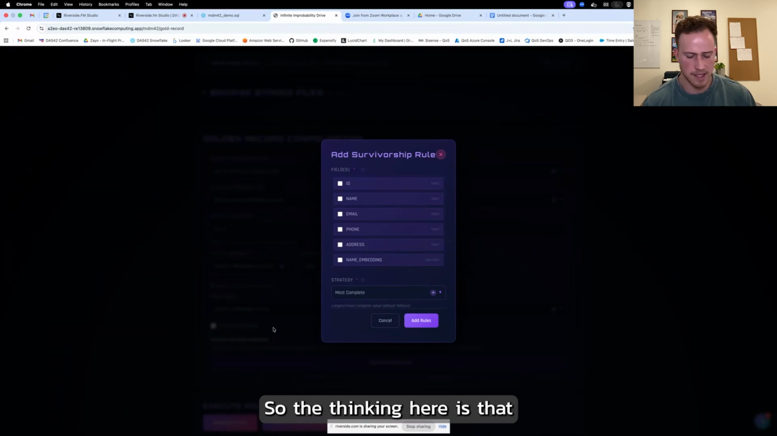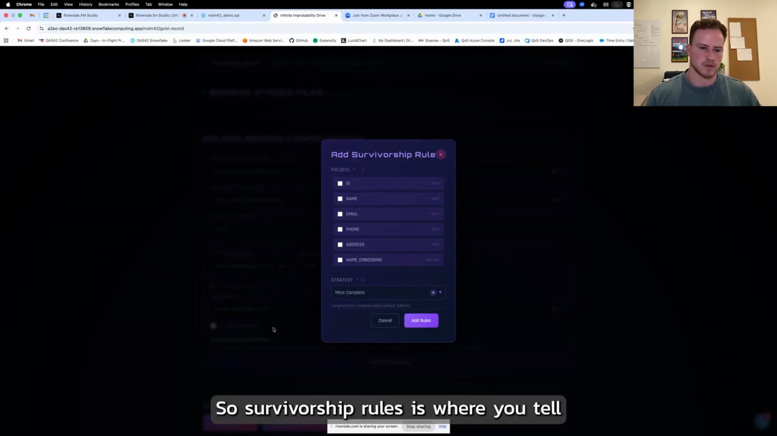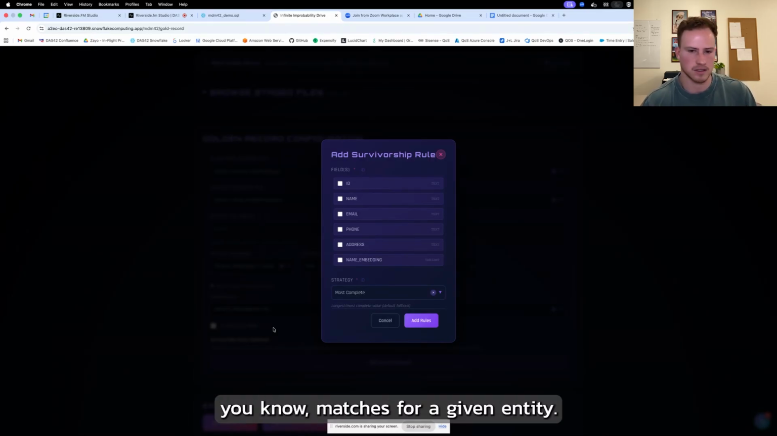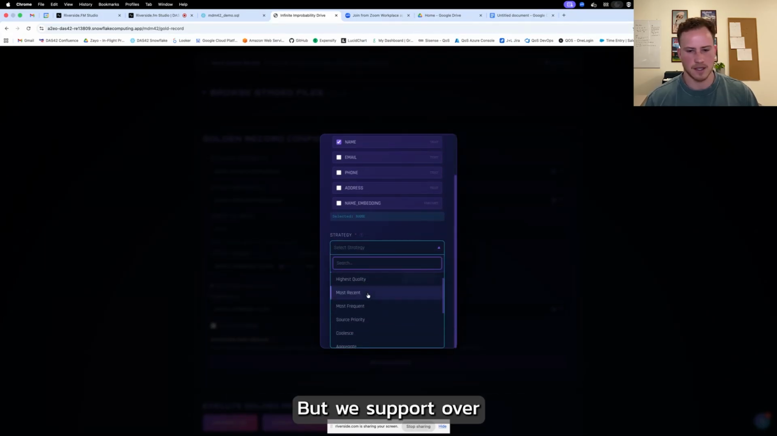So the thinking here is that maybe John Smith was in all three systems, and that means that I really have three options for their name, their email, their phone, and their address. So survivorship rules is where you tell the system how you source these key attributes when you've found multiple matches for a given entity. So I can configure them one by one. I could say for a name, I want it to be the most complete, but we support over 10 different